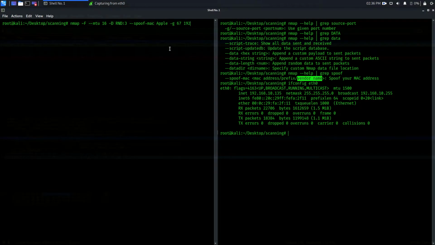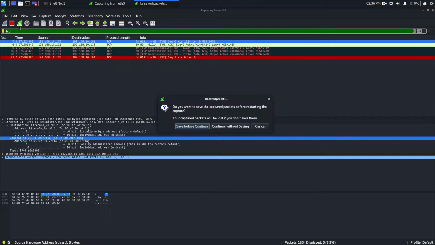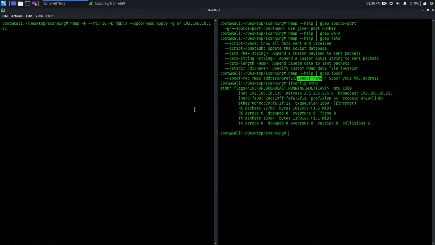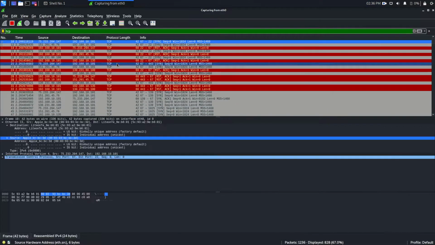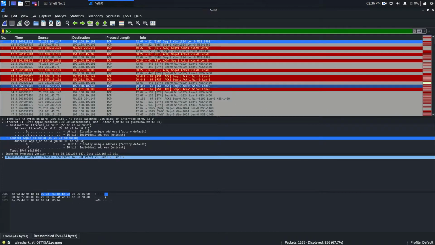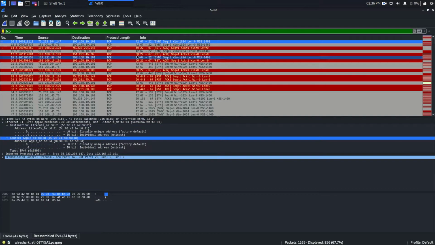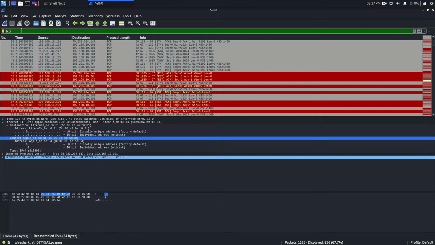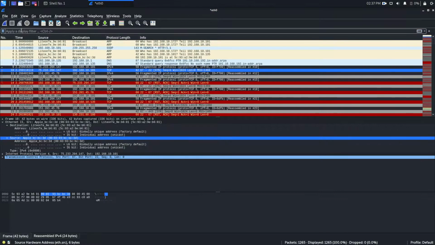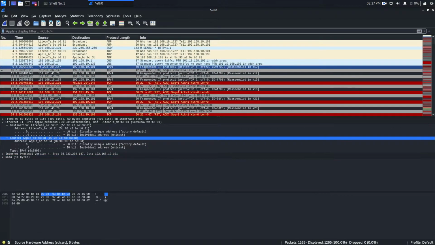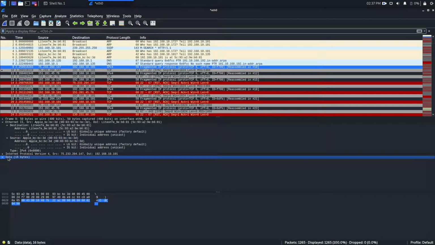So right now I'm just going to use these simultaneously, and I'm going to clear this again and start again. Just hit enter, we got the result, we come here, stop this, and we will analyze everything. The first thing we add is maximum transmission unit 16. Wait a moment, I'm filtering TCP, that's why I cannot see IP packets, so remove the filter. As you can see there is packet fragmentation, and you can see the data is 16 bytes.